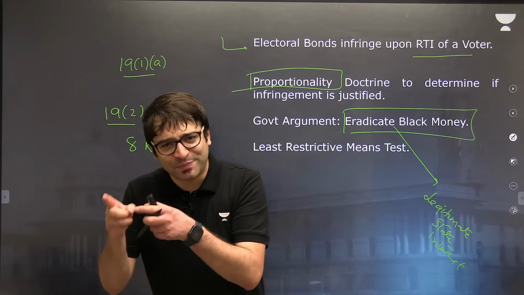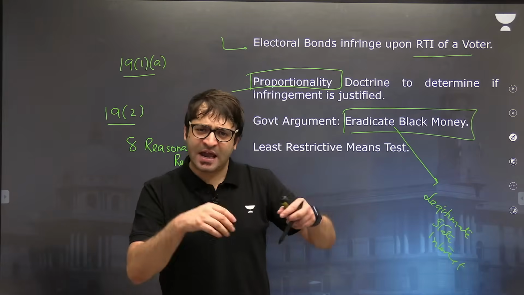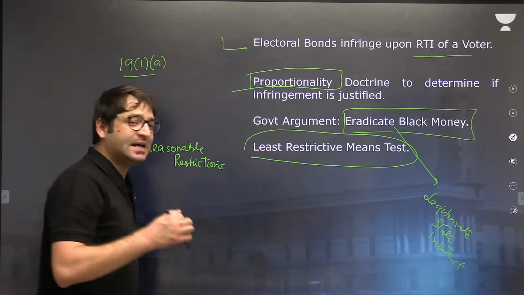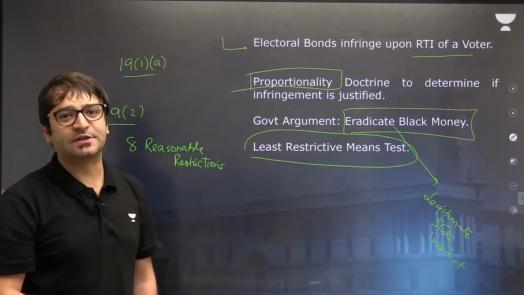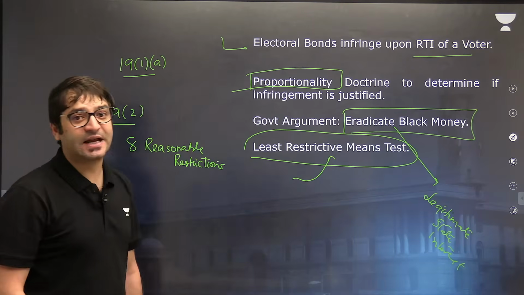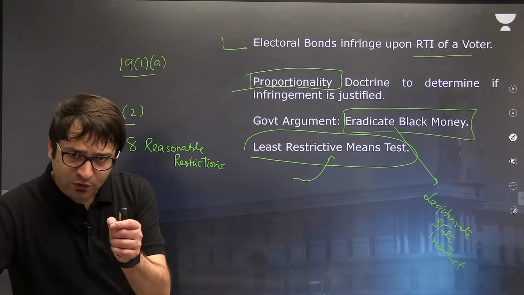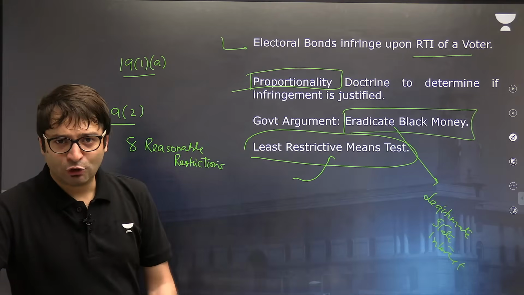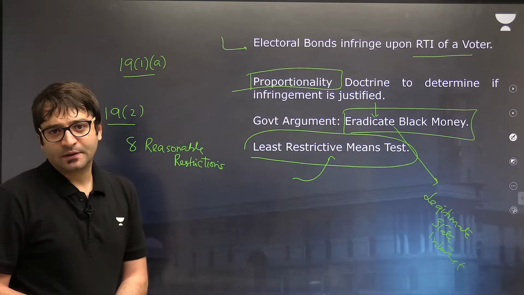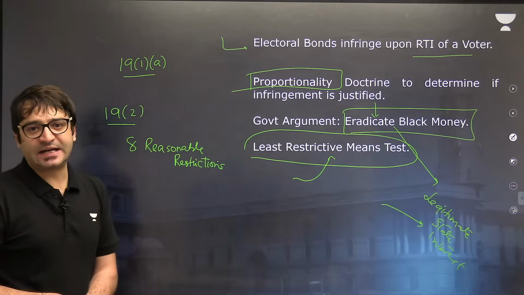So what is the purpose? The purpose is to kill the mosquito. But can we allow any way, any method to kill this mosquito? No. We have to allow only the least restrictive means to kill this mosquito. That is what we call the least restrictive means test. If through electoral bonds your purpose is to eradicate black money, even if it is a genuine, legitimate state interest,